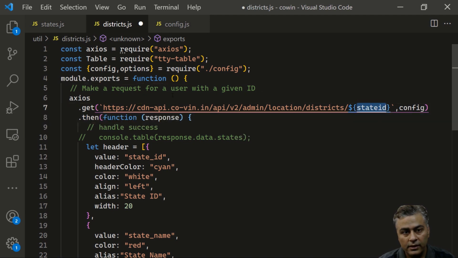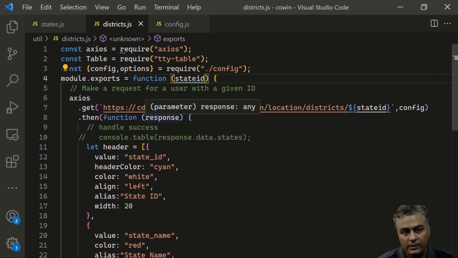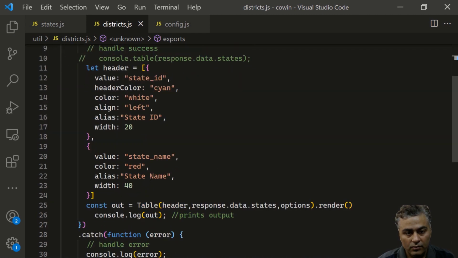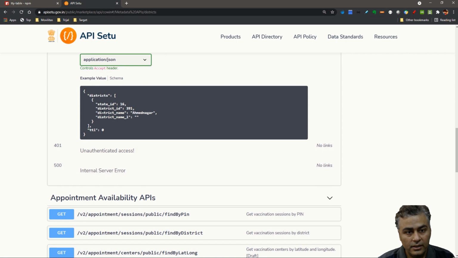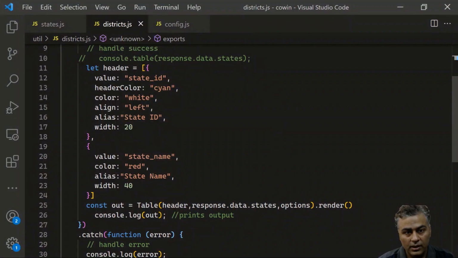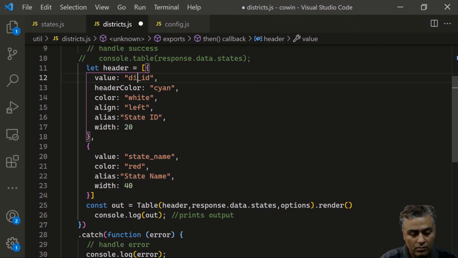And this state id is my function argument. So whatever state id will be passed to it. Let's just look at the response also, the sample one. State id is this because I'm interested in district, right? So that means we'll change this field to district,